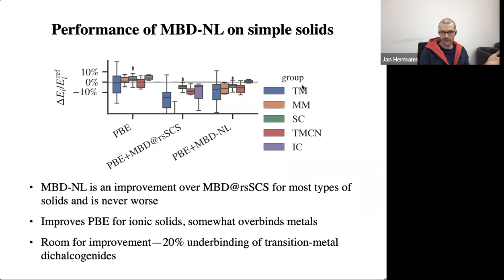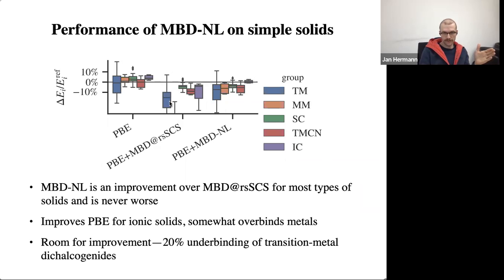So these are transition metals, main group metals, semiconductors, then transition metal carbonitrides, and ionic compounds. And you can see that with the original method, the original many-body dispersion model, some of these groups are completely